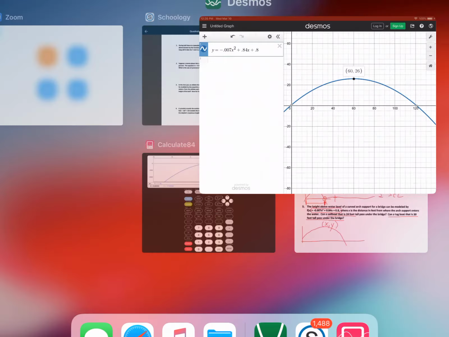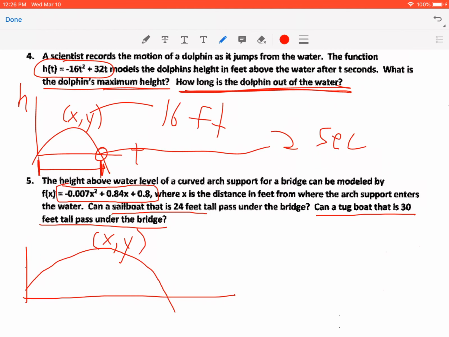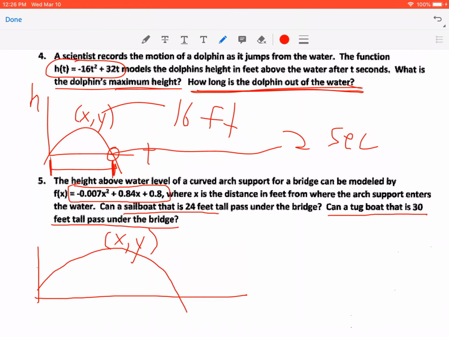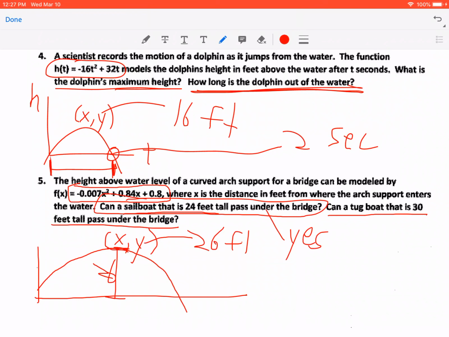So let's go back and look at our questions. If this bridge is only 26 feet high, so we know that this bridge is 26 feet high, that means the highest point down to the water is 26 feet. Can a sailboat that's 24 feet tall pass? Yes. Can a tugboat that's 30 feet make it under the bridge? The answer would be